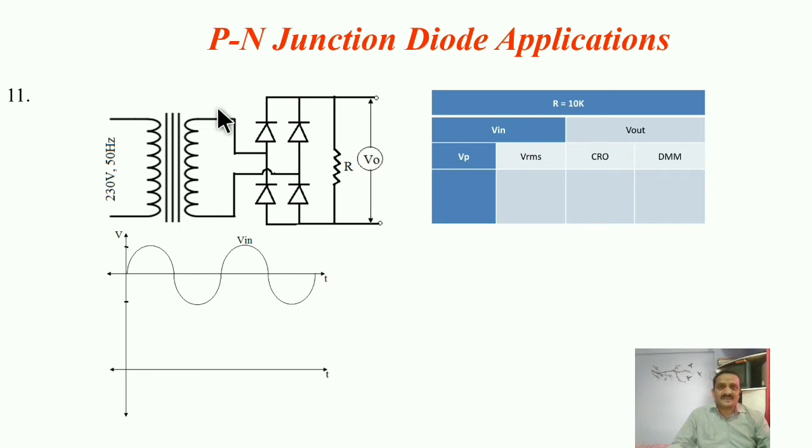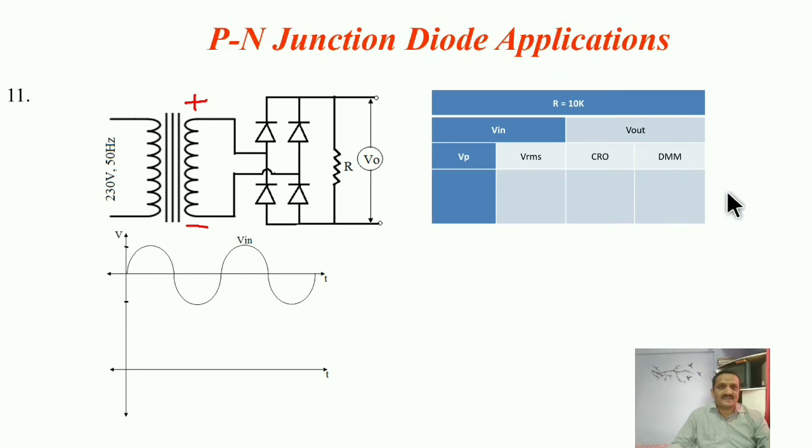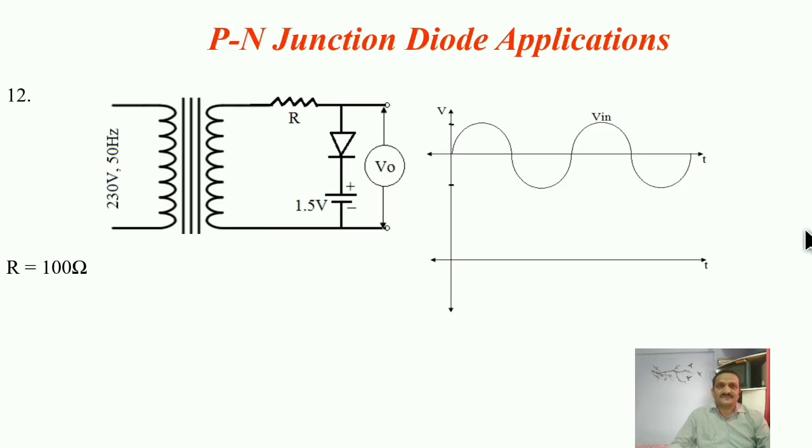Just consider one terminal during positive half. First terminal is positive of this half secondary, which diodes will conduct, and whenever polarity gets reversed, that means during negative half, which diodes will conduct, and what will be the direction of flow of current, and what nature of output you will have, then how much will be the average output voltage, then how much will be the peak voltage. Just imagine it, just think on it, and observe by using simulation software.